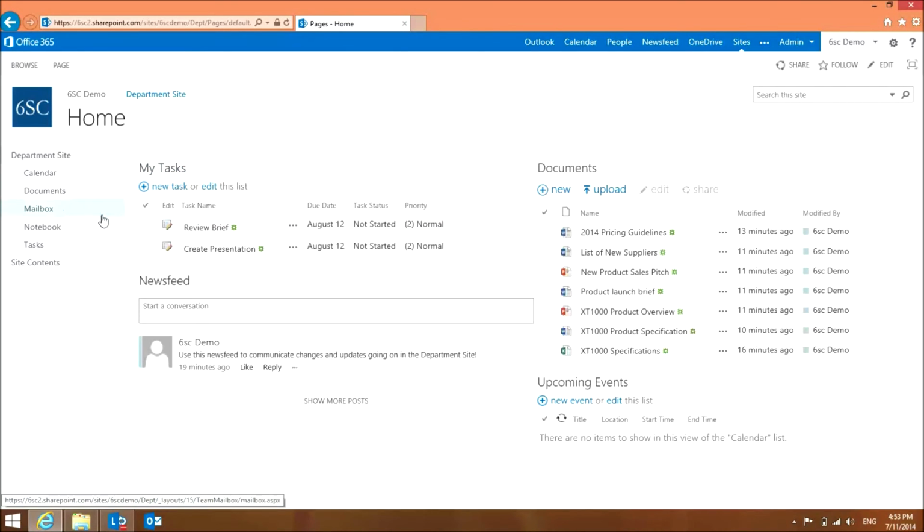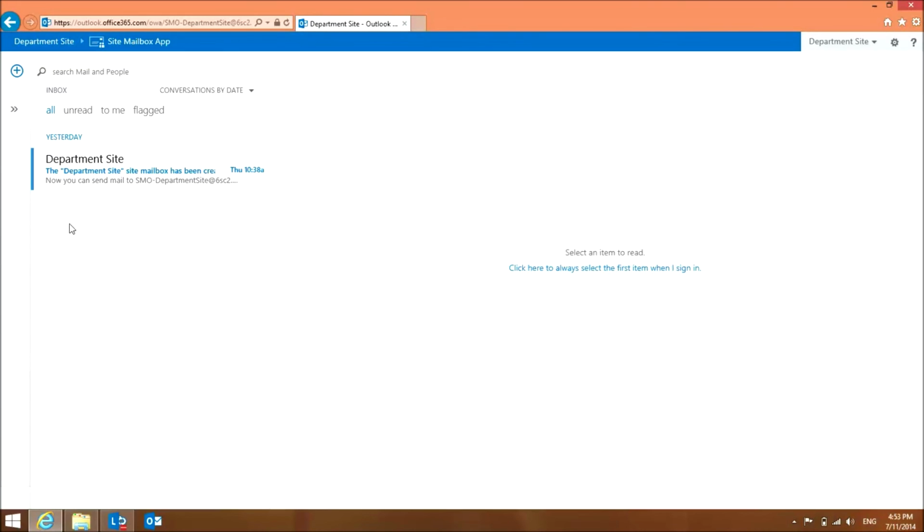The last thing I want to show you is the site mailbox, which I can click on this link right here to get to. Now the site mailbox is a feature that creates an actual alias or email address for your department site. So people can send emails directly to this site mailbox and it'll appear in this mailbox. So for example,